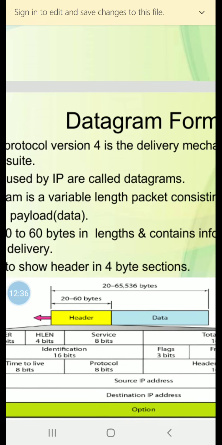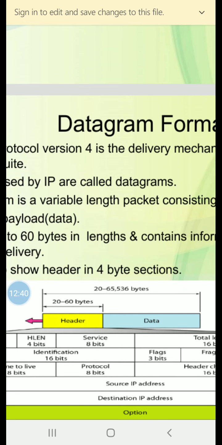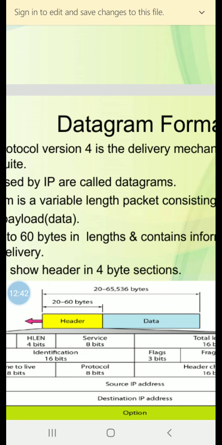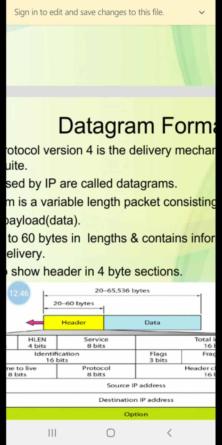Packetizing is considered the first service provided by IP version 4. IP version 4 defines the format of a packet in which the data coming from the upper layer or other protocols are encapsulated.